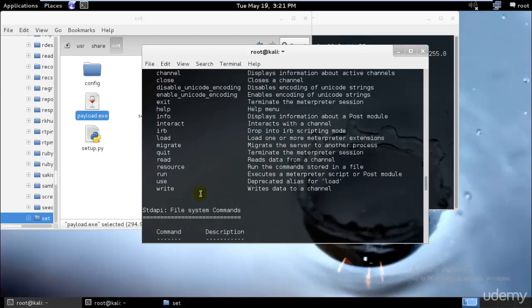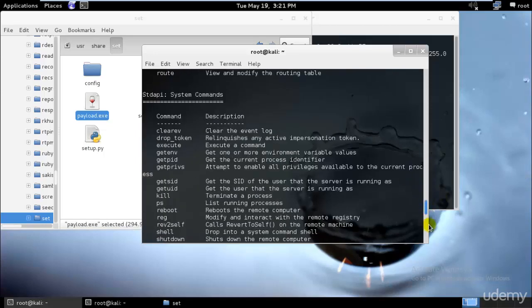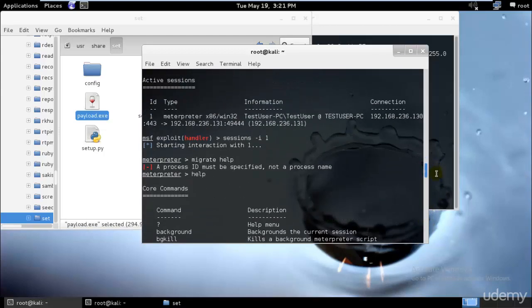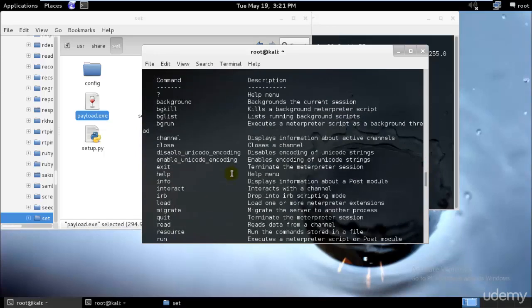So for that we would need to go ahead and migrate, and before we migrate we need to know which PID to migrate, which process to migrate to. So let's go ahead and check. It needs a process ID to be specified. So we will first go ahead and check the process ID. That means we need to first get the process ID for our payload that's running so that we could go